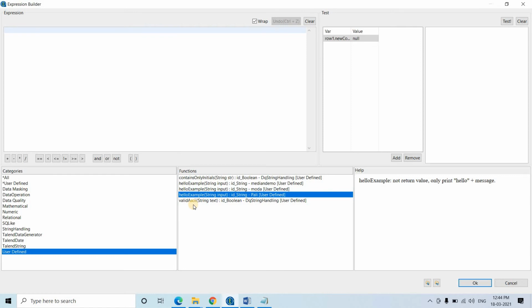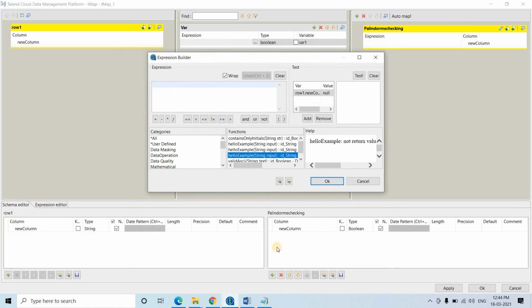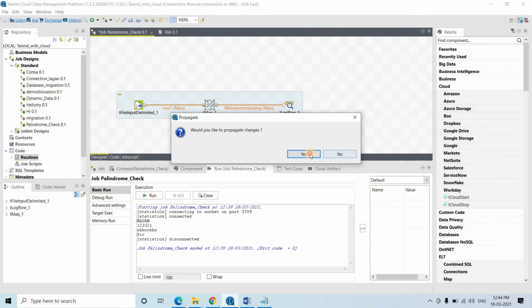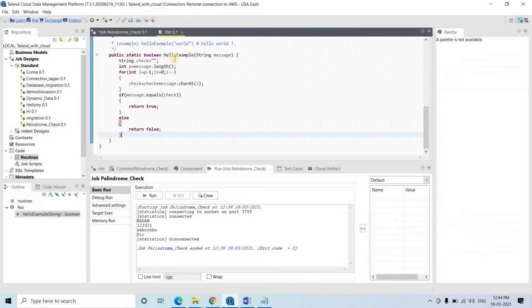Okay, right? So what is this one, what we have created? We have created actually, what is this name? I forgot. Let me just check once. Routine name is Pali. Okay, instead of hello example, let me give some justifiable name, Palindroma. Save this.